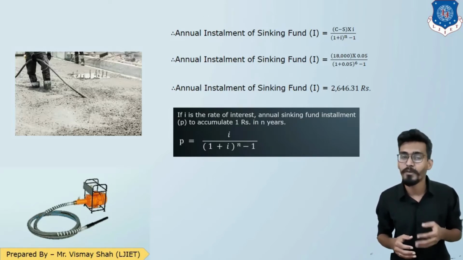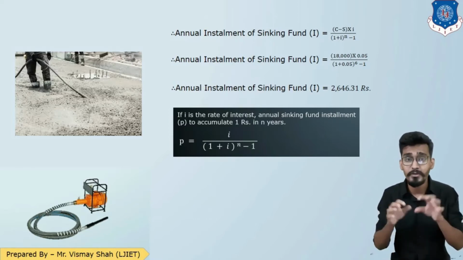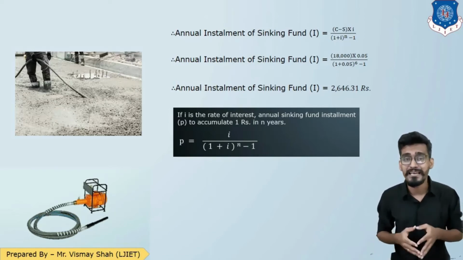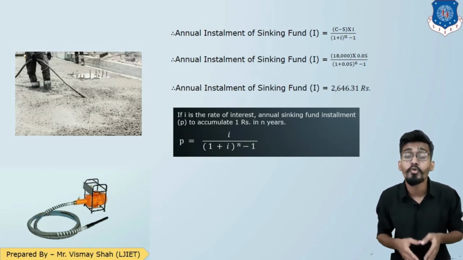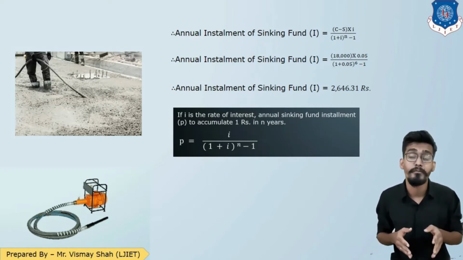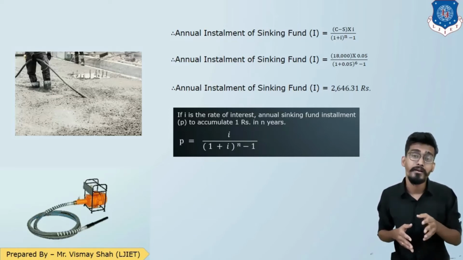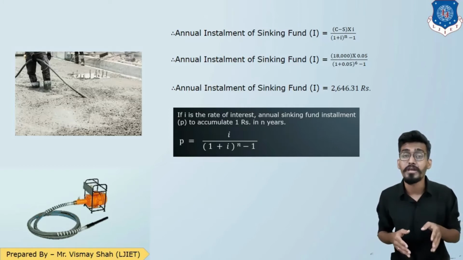So now we have all the formula. We have C, we have S, we have I, we have n. Putting all those values in the formula, we'll get the sinking fund value as 2,646.31 rupees. You can round it off, but I advise not to round it off and write the value as it is,